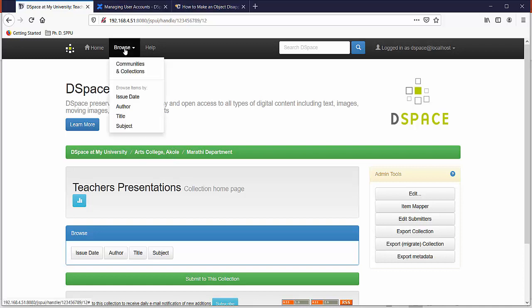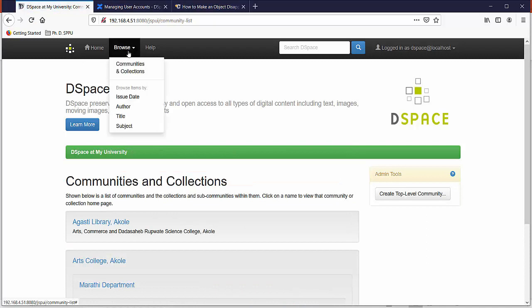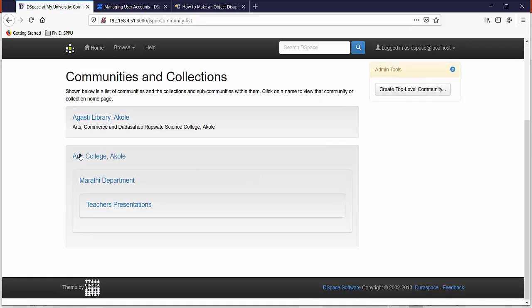Let's see how the hierarchy is appearing in DSpace. Go to browse and click communities and collections. Look, Arts College Akole is the top level community, under which Marathi department is the sub community, and under the Marathi department sub community the teachers presentation collection is appearing.